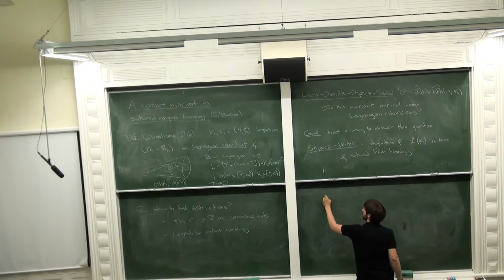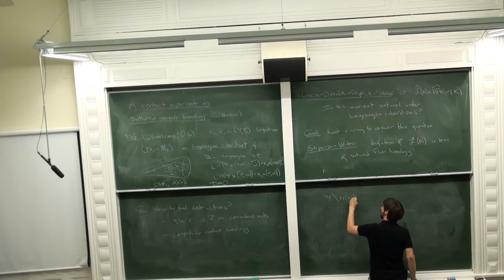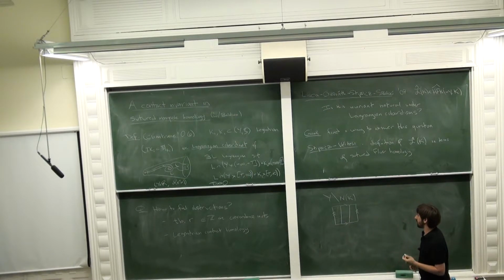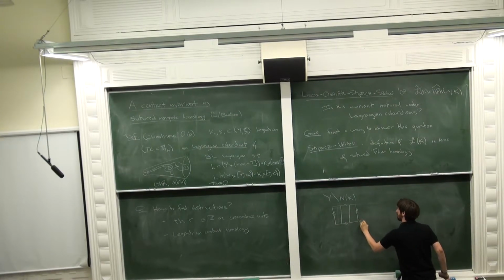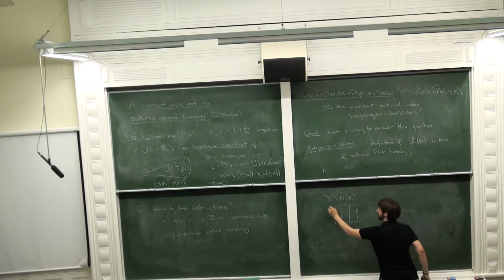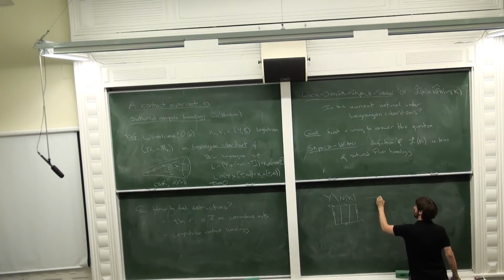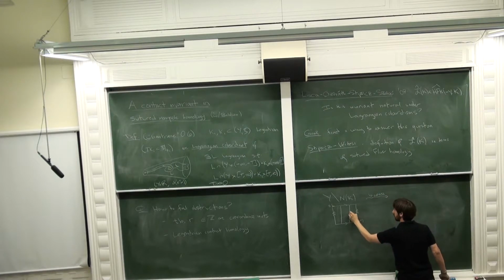Namely, if you look at the complement of a Legendrian knot, it has a standard neighborhood, which here's a picture of the boundary of it. You can think of it as a convex torus with a pair of dividing curves that are determined by the Thurston-Bennequin framing of the knot. So maybe this direction is a meridional direction, the horizontal one, and the vertical direction is the contact framing. And to that, you can maybe attach a bypass, half an overtwisted disk,